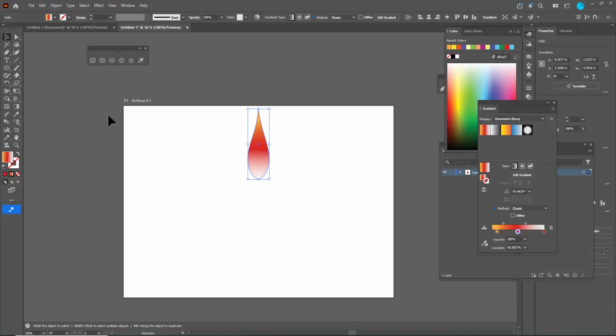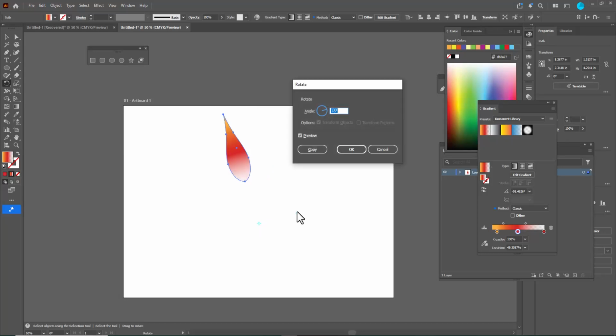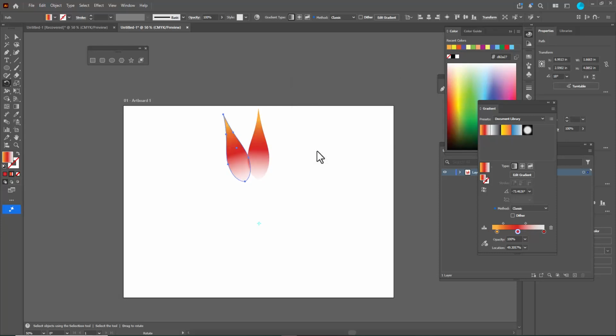So the reflect tool is used to create the flipped copies of the objects. So first we'll create duplicates of this object. We'll use the rotate tool here, change the center point, and then use 18 degrees inside this angle input field, and then hit copy,